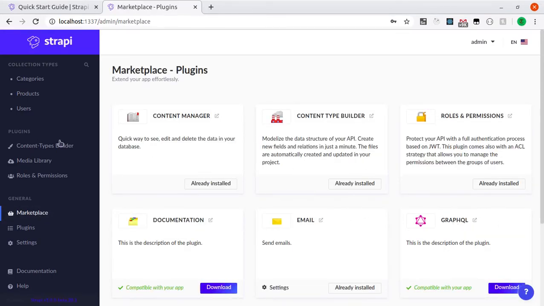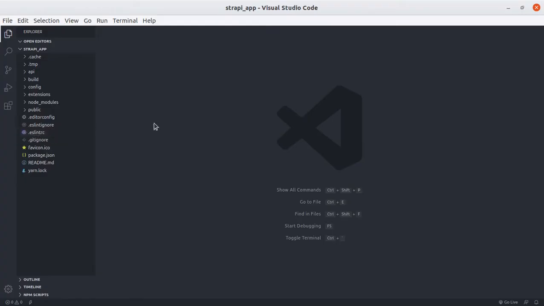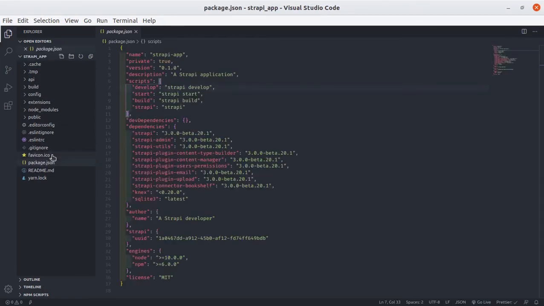Now I would like to look at the code a little bit. So if we jump into VS Code, we have basically created this API with authentication and sorting and all that without writing one line of code. So if we go over here, we have some just basic config and stuff like that. If we take a look at the package.json, we have Strapi along with a bunch of Strapi plugins and utilities.